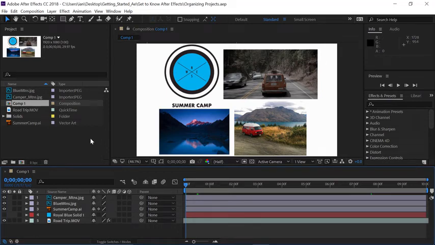It's always a good idea to keep things organized whenever you're working in After Effects. In this video, we're going to focus on how to keep things organized specifically in the project panel. So go to the upper left portion of the interface and click once in the project panel to make it active. In looking at the different files we have in the project panel, you'll notice we have a bunch of